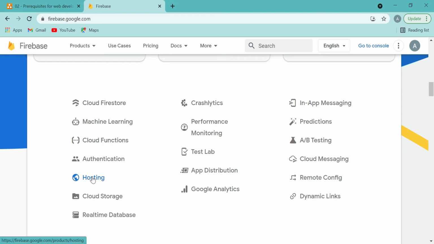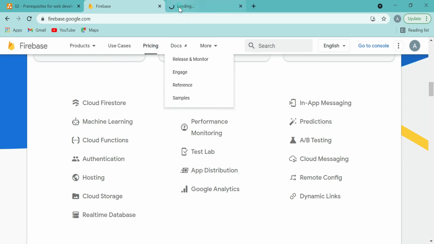They offer us the hosting account, and they offer cloud storage, which can be used to store audio, video, and image files. So they are providing all these services, of which website hosting is one, and we are going to use this service. Before we host anything on this website, let's review their pricing and understand what they are offering.